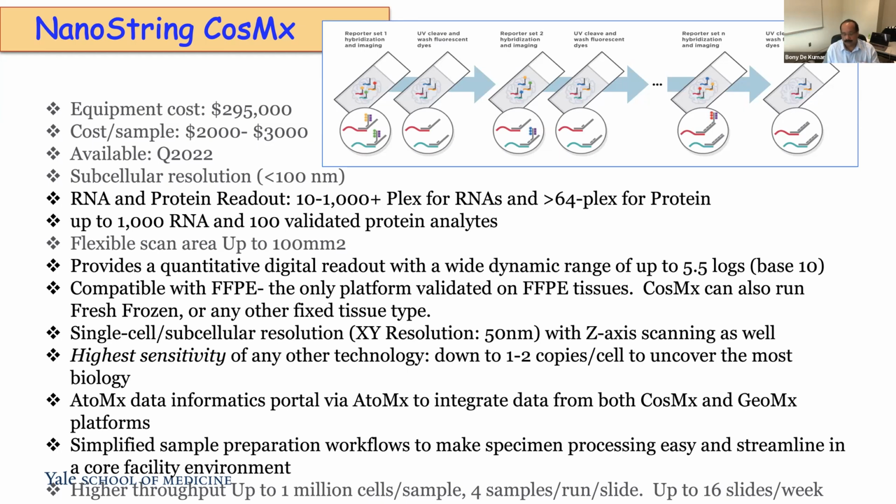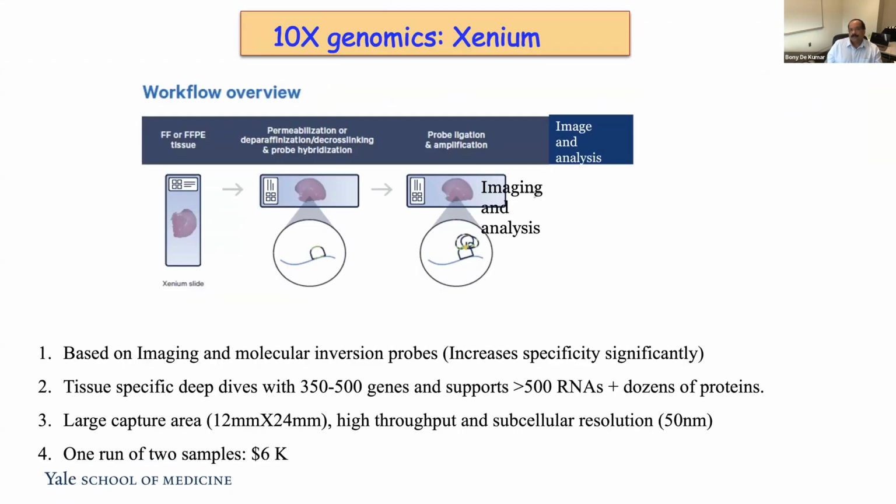So it has that flexibility that you don't have to work with a bioinformatician to analyze your data. This is another platform from 10x. Again, this is the imaging-based platform, but the probe that they use is called molecular inversion probes. So the basic idea is that you have a probe, two probes